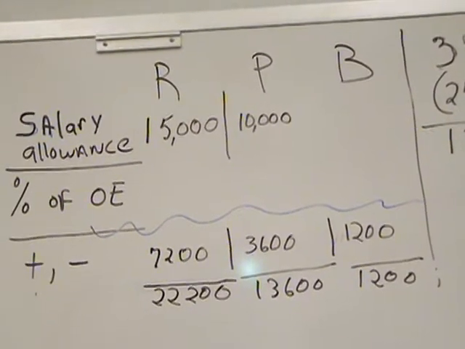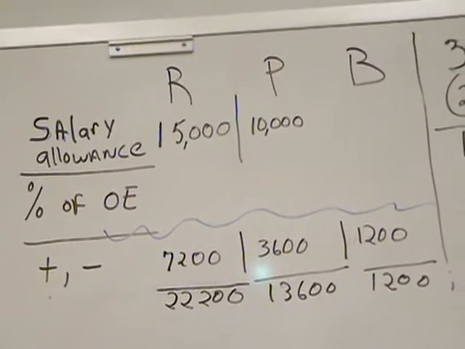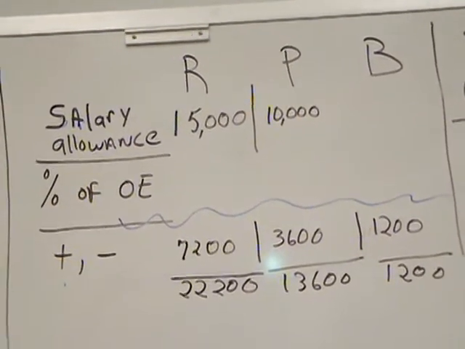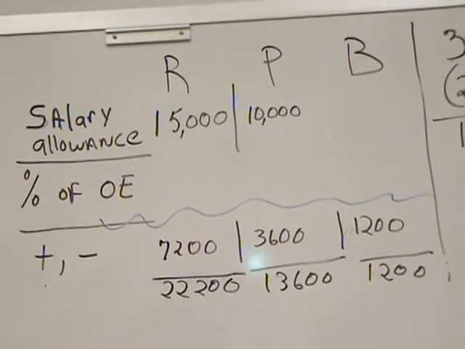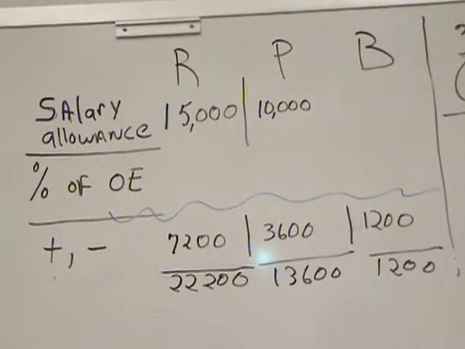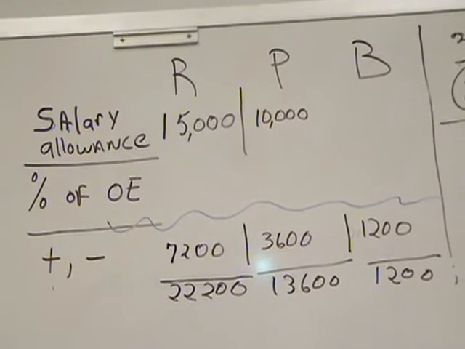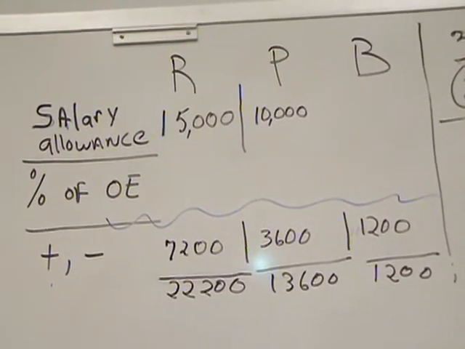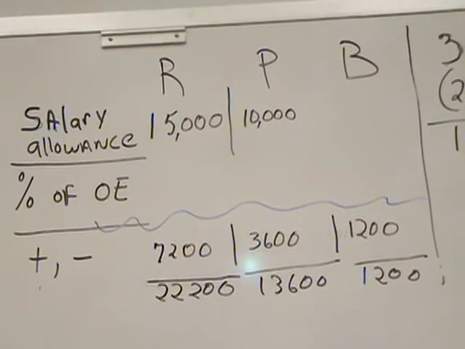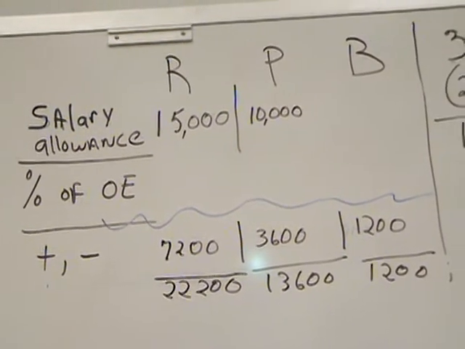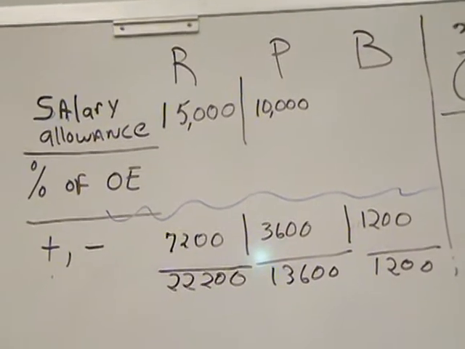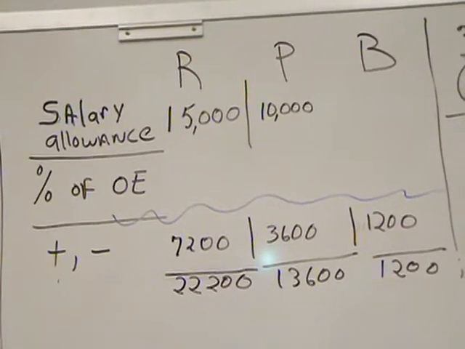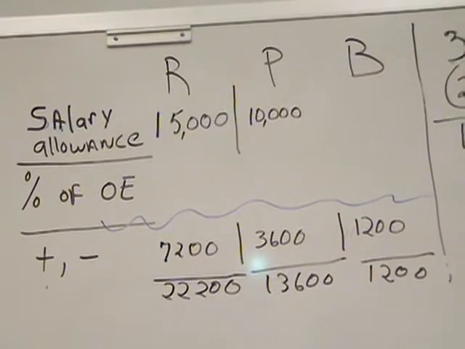Could I ask you a question? I see in this problem there's no drawing for B, right? B has that drawing, 10,000. No, salary allowance. There's no salary allowance for B. If we go back to the partnership agreement, I think it's part of the agreement. She doesn't get a salary allowance. That's right, Danny. It's part of the agreement. So B's probably more passive in their ownership, in their activities in the business.